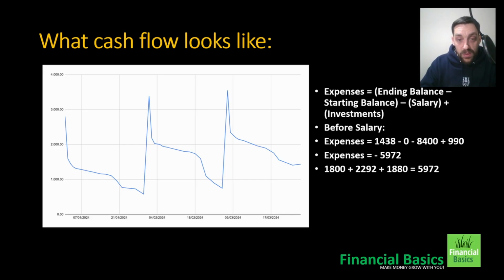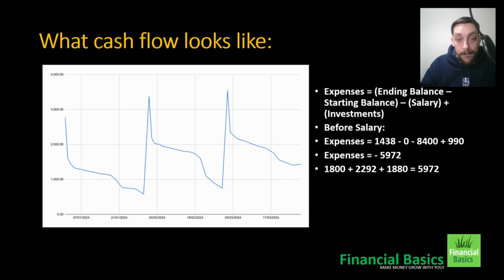The ending balance was 1,438. We know the starting balance was 0. We know it was 3 salaries, so that's 8,400. And we know the net investments was 340, 340, 310, and that comes to 990. So using that formula, the total expenses over that period was